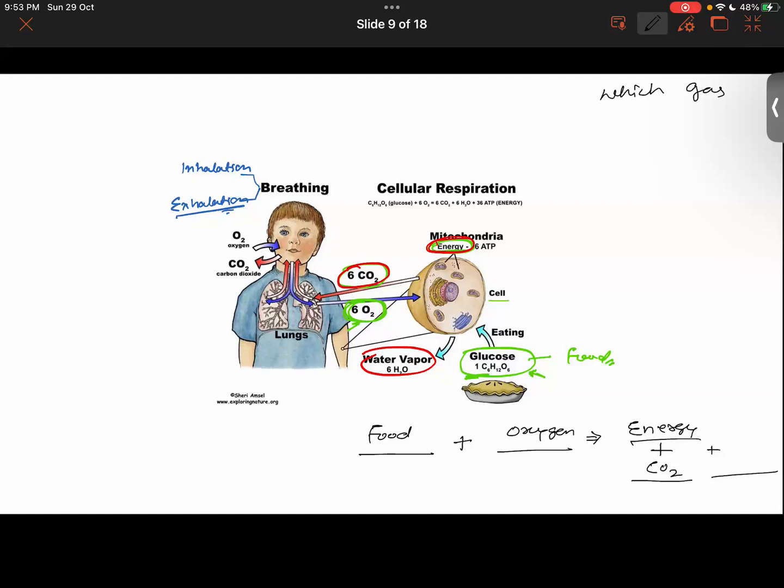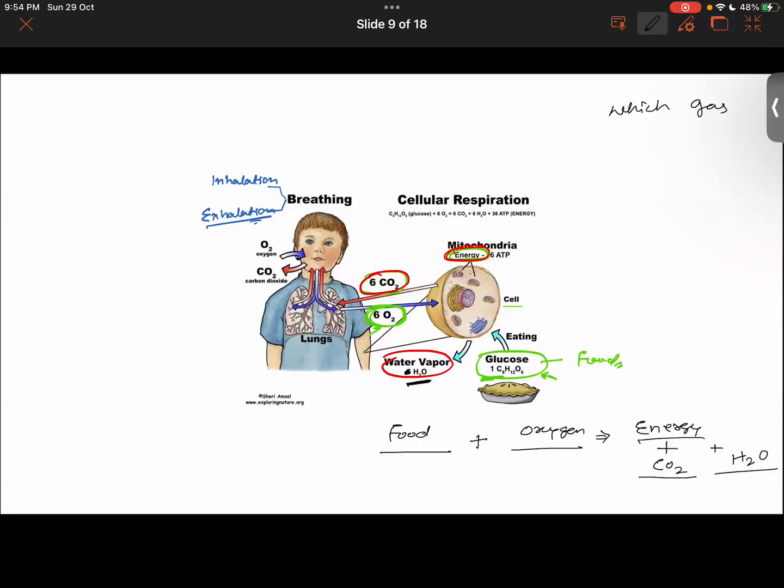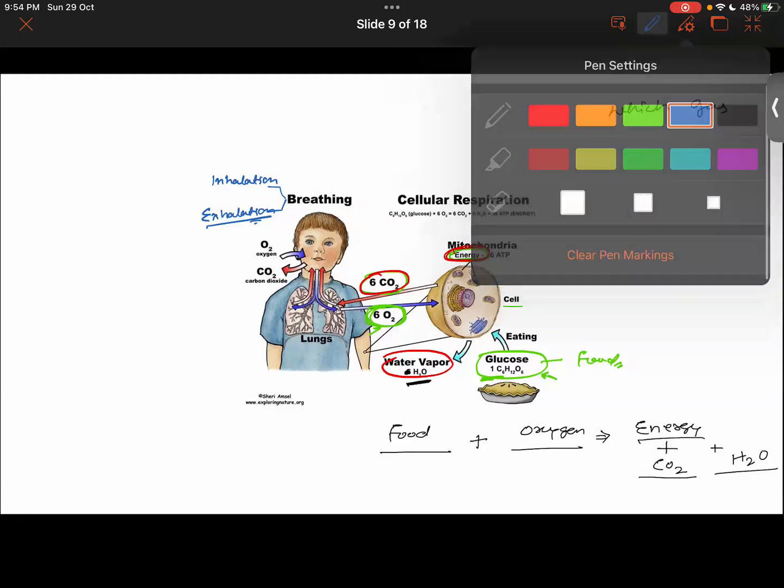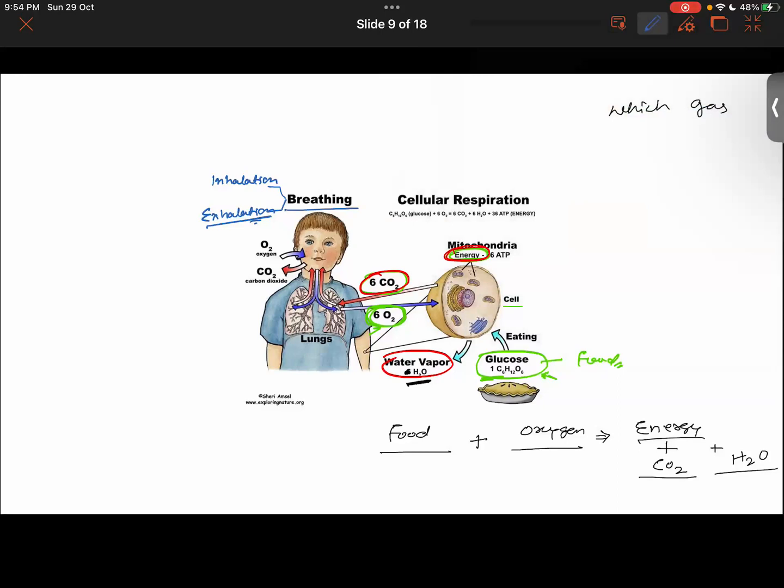Look at the remaining red circles. Isn't that water vapor? H2O. Yeah, it's H2O. Okay, now that is basically respiration. Now, if I were to talk about humans, we saw that this oxygen is coming